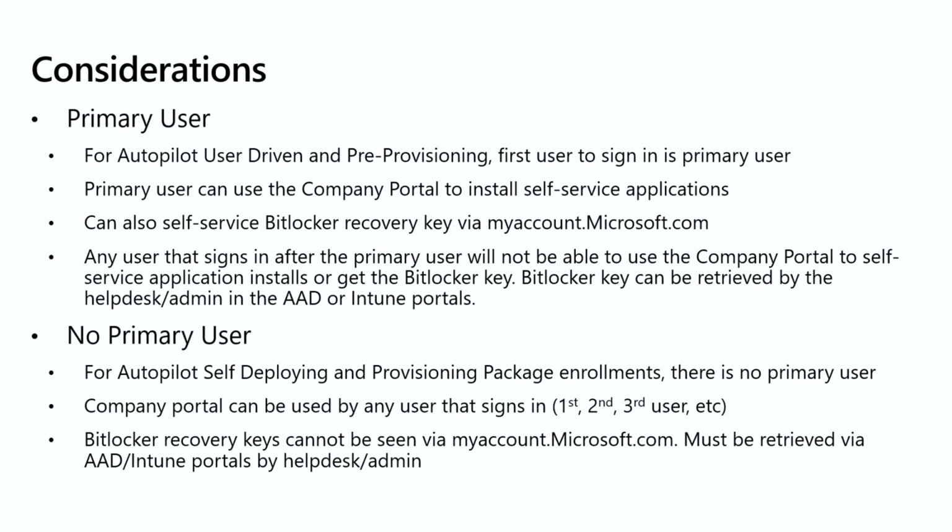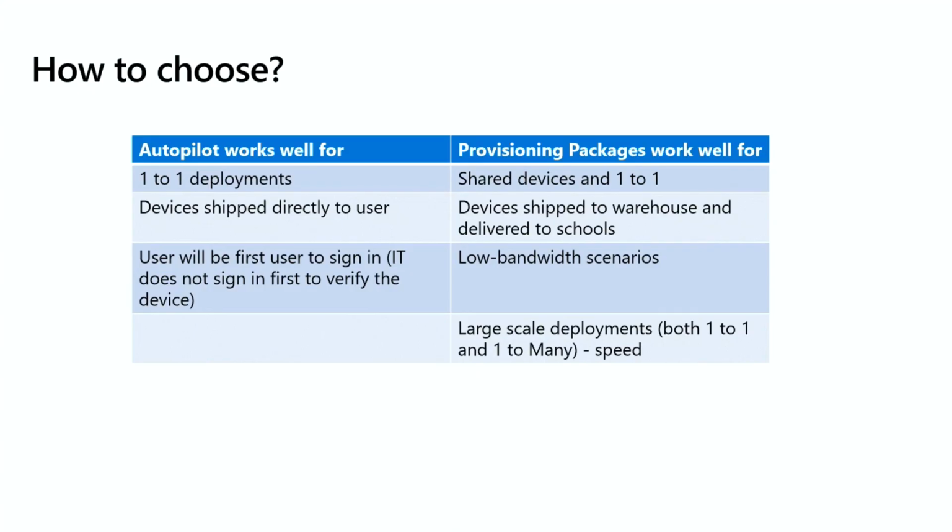If the device is enrolled through the out-of-box experience without Autopilot and someone signs in, that user is also the primary user. So primary users are really important, because if you as the IT admin just sign into all these machines to provision them, and then you give the device to a student or to an end user, they're the second user. And if they're the second user, they won't be able to use the company portal to self-service applications. And that goes back to why I was harping on this point here, where what Autopilot